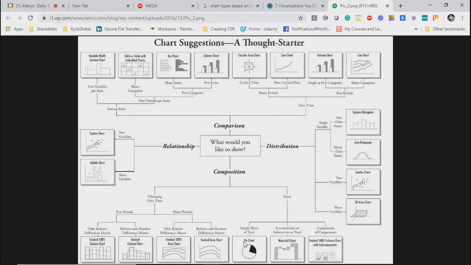Composition, if you see, you have pie chart over here, you have waterfall, you have a stacked column chart, and then you have some stacked area chart, stacked area chart 100% over here. Okay, what is the difference between these two? Stacked 100% area chart and stacked area chart?